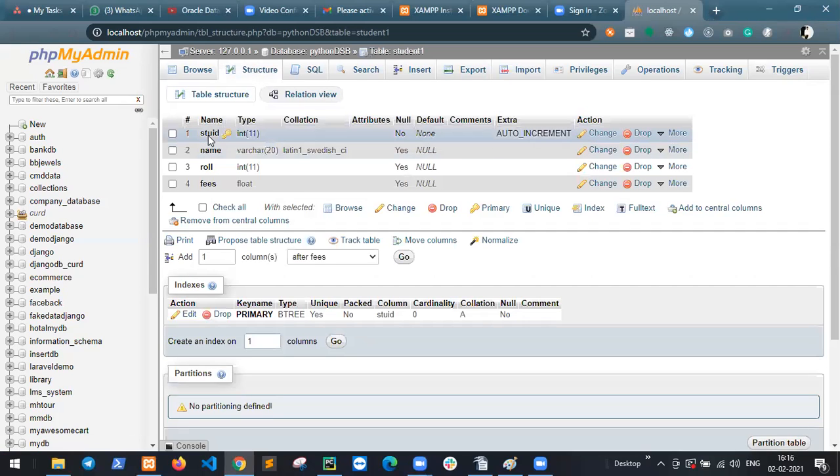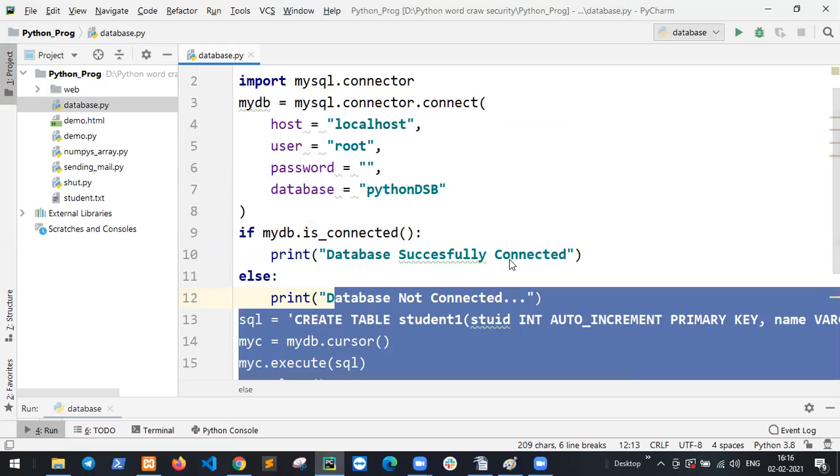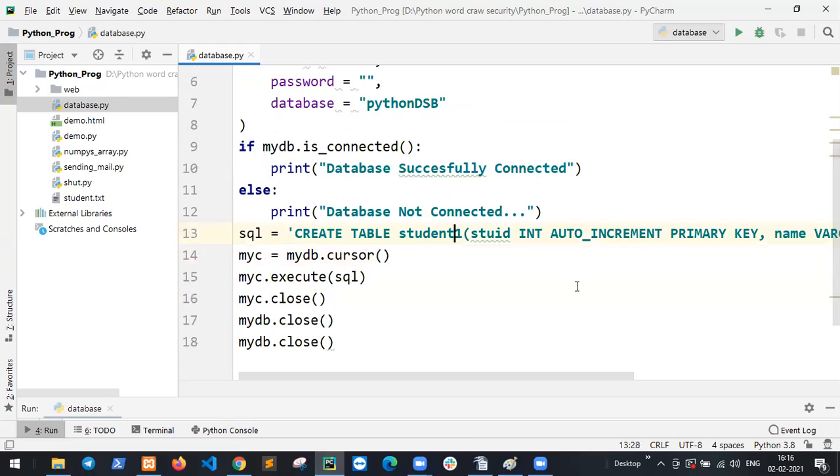Yeah, stuid is integer because it is auto increment, and name is varchar 20, roll number is integer, and fees is a float. If I run this code, it connects and creates your tables.